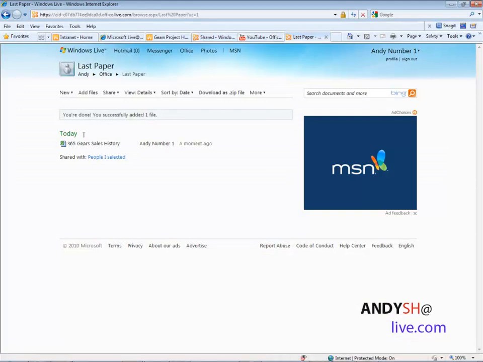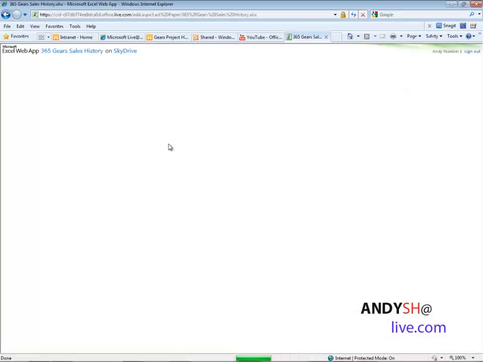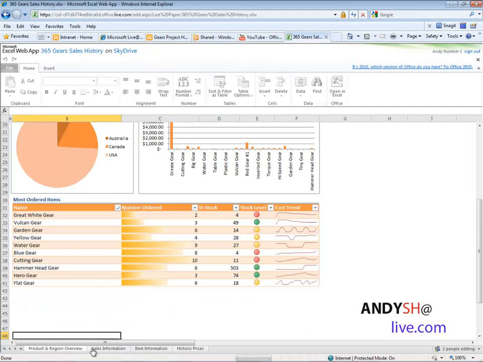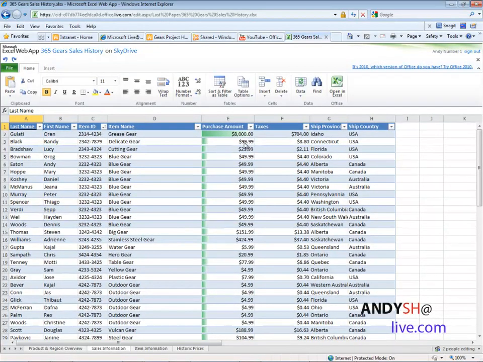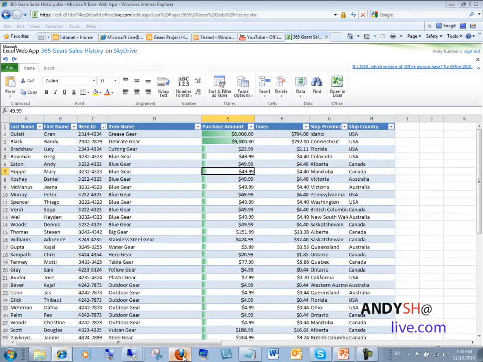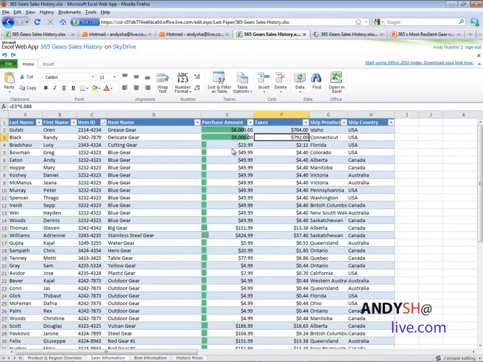And Andy number 1 goes and clicks on Edit in browser. And when he clicks on sales information, he sees that the first row is being modified. He wants to change the second row to 9,000 as well. I don't need to save anything. Let me go back to Andy2. As you can see, the data is already